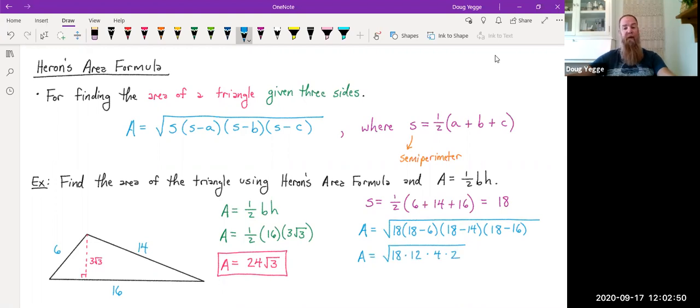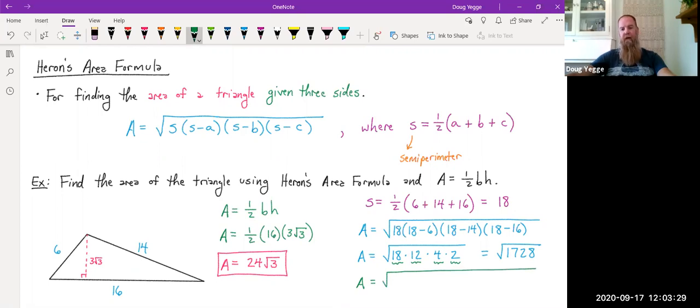Now, if I were to multiply that all out, that would be a really big number. More specifically, it would be 18 times 12 times 4 times 2, which is 1,728. I don't want to have to simplify that by factoring that down and finding the possible roots. So instead, I'm going to deal with each of the individual factors and break this down. So I'm going to find A is equal to the square root of,